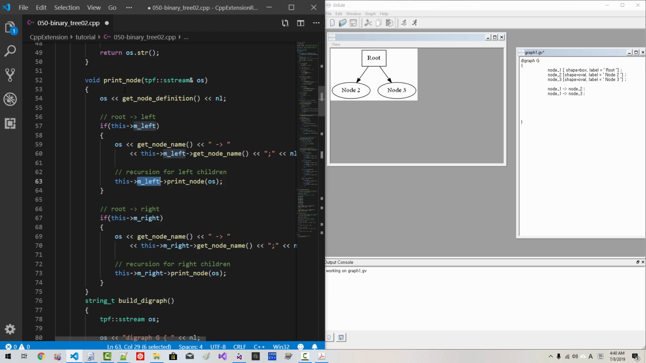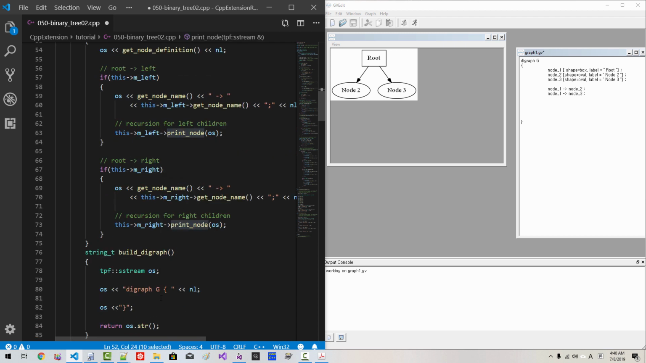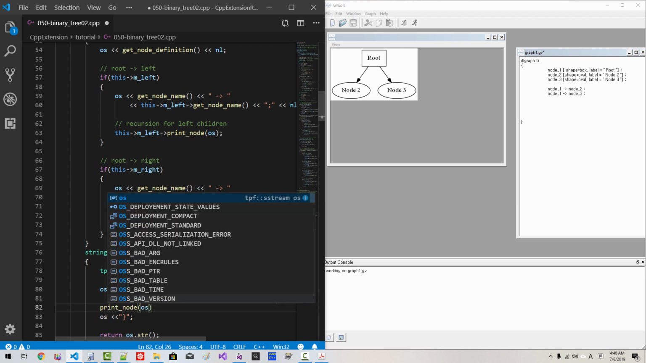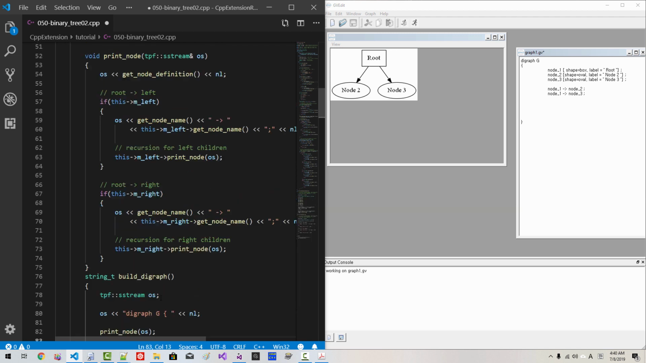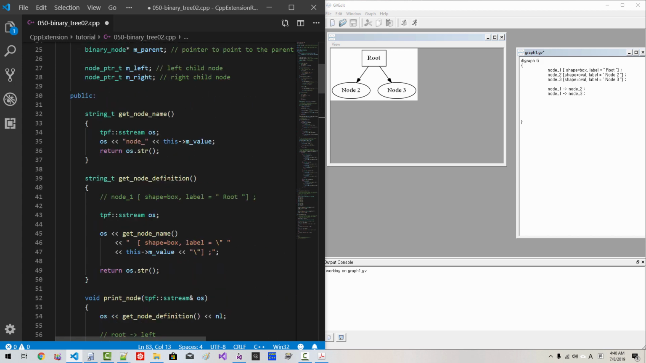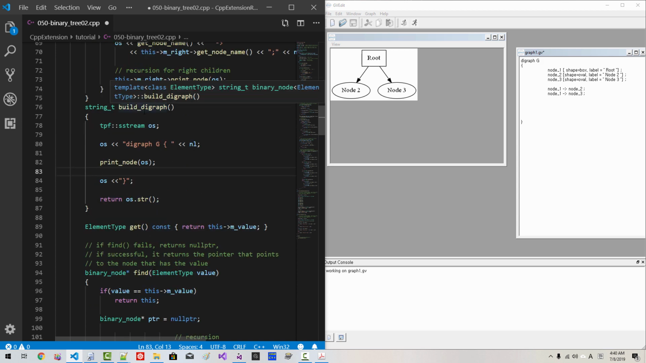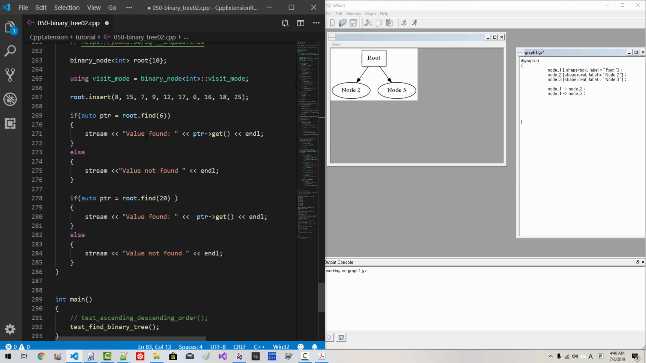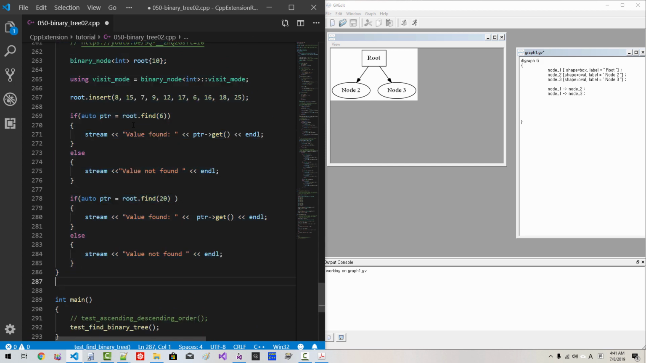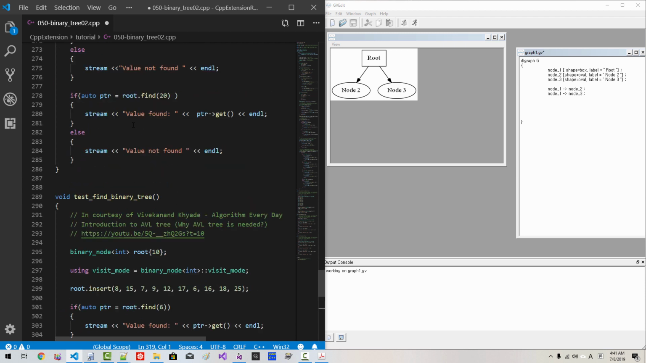Okay, now we call this print node in this section. Print node OS, like this. Okay, we are calling this function. Now I think everything is done. Now we will call this build diagram like this. I will copy this function, copy, paste it, test, build diagram,